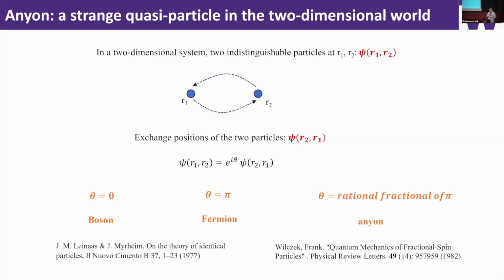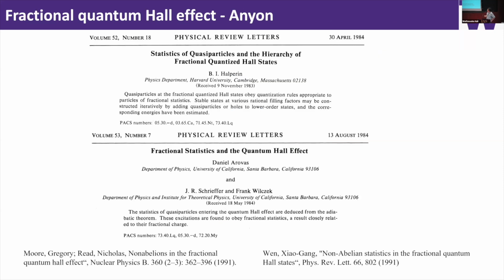So initially, the idea of an anyon is sort of an abstract concept, and people were looking for any kind of physical system that can realize these anyons. It turns out that the discovery of the fractional quantum Hall effect gives rise to a physical system to study anyons. So here are the two theory papers to establish these connections. One is from Bert Halperin, the other from Frank and his collaborators. So what they show is that the fractional quantum Hall effect actually has these fractional statistics and obeys these anyon